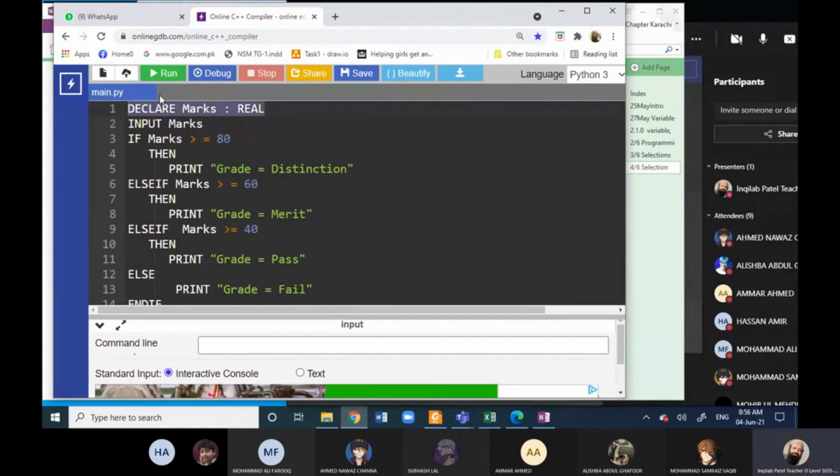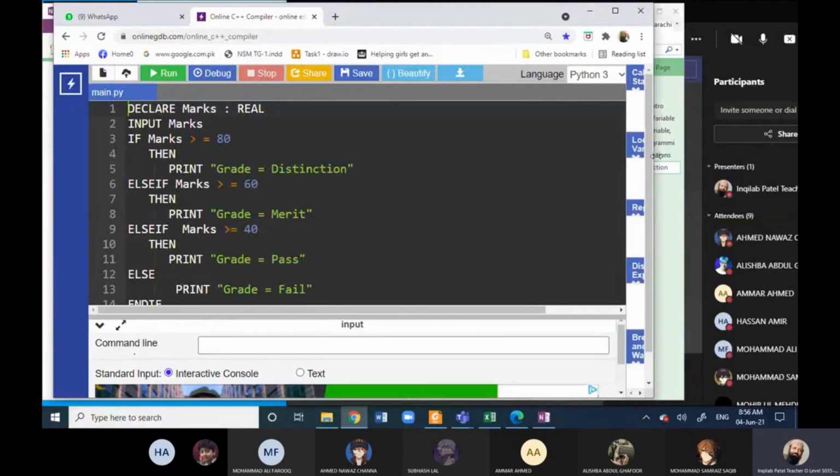Also, in Python we never declare variables. But sometimes in the exam we are asked to show declaration of variables, and variables are not declared in Python, so we will declare them using comments. Comments are lines of statements which are not read by your compiler. So we will start our code with hash.